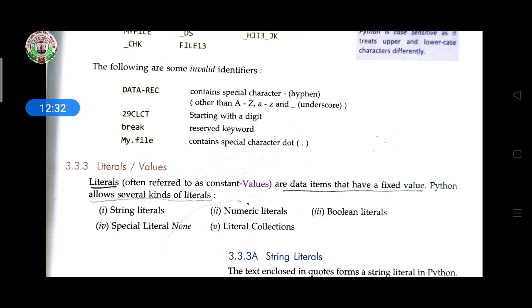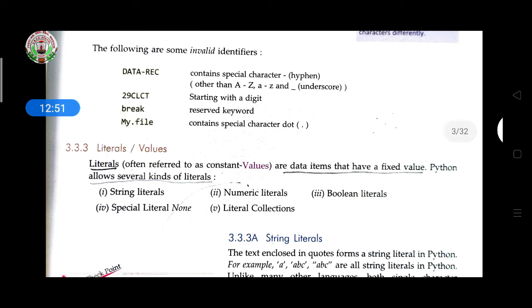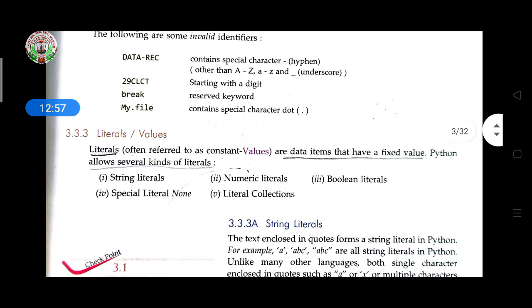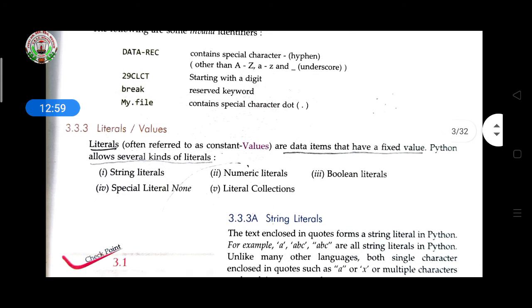Here a hyphen is used; underscore is valid in a variable name, but hyphen is not. Then 29CLCT starts with a digit, but it should start with a letter. Then break is a reserved keyword. Then my.file contains a dot, which we cannot use. So these are the invalid identifiers.